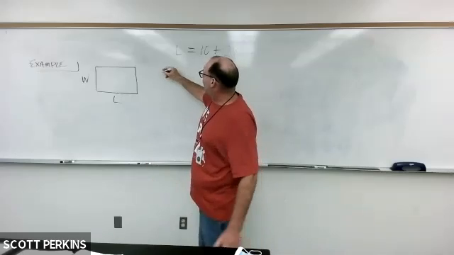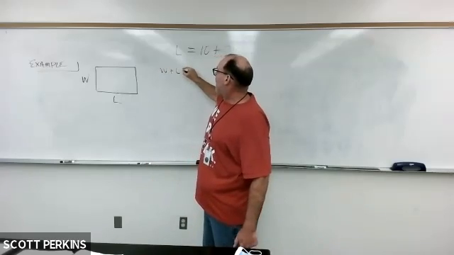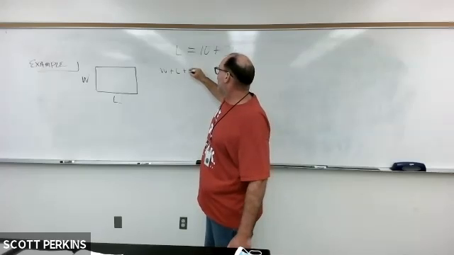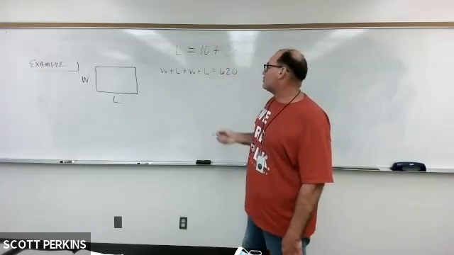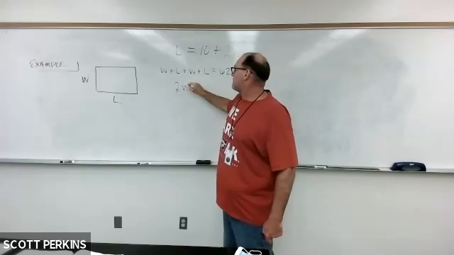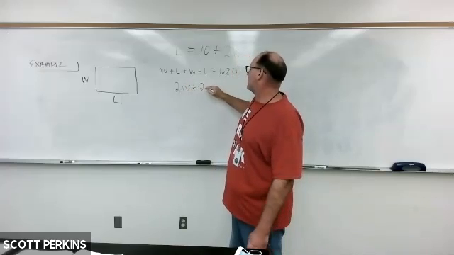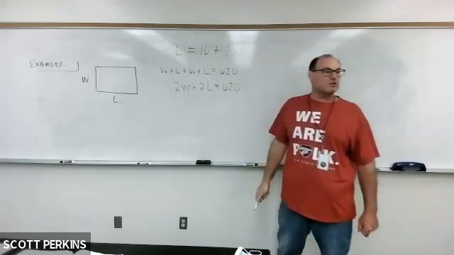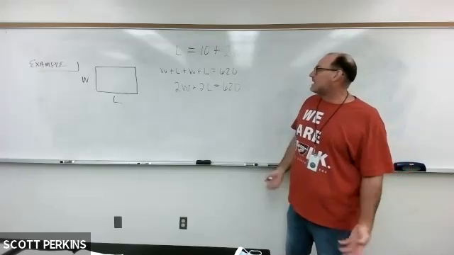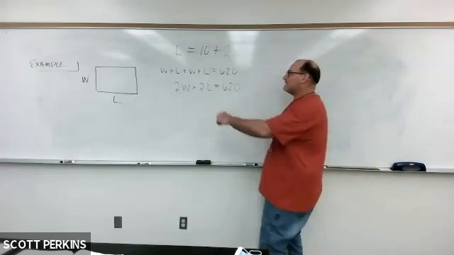The left side is W, the top is L, the right side is W, the bottom is L, and that's 620. And so that's 2W plus 2L again, or 2L plus 2W, whatever makes you happy, is equal to 620. There's your two equations. Once again, this problem is set up, probably the easiest thing to do is to substitute